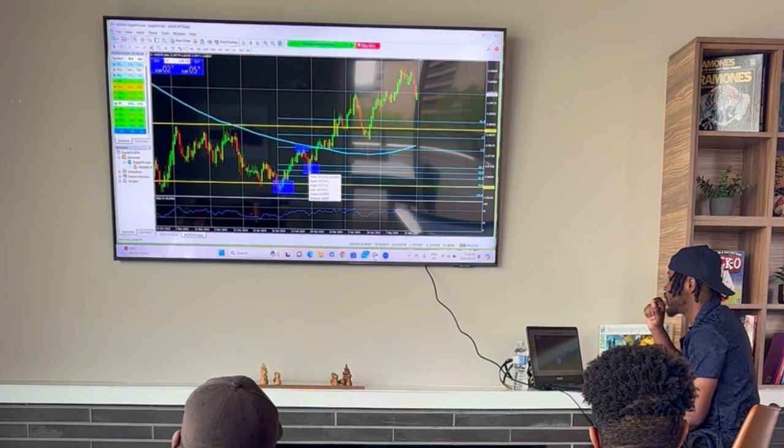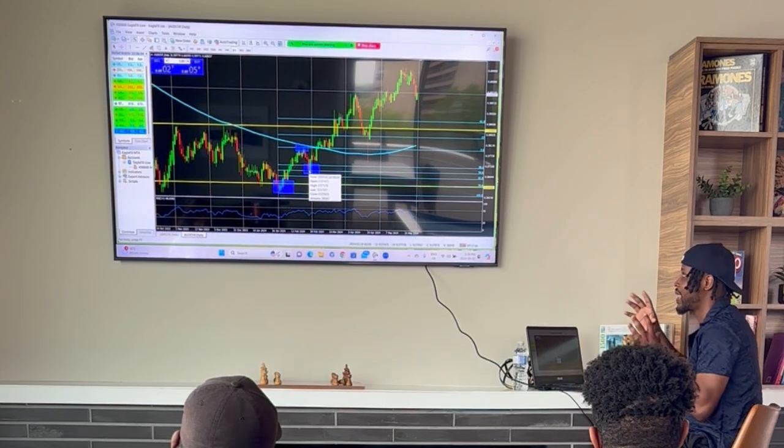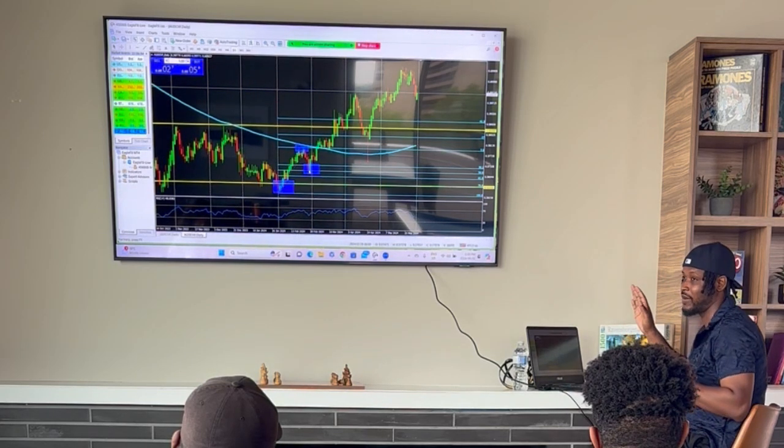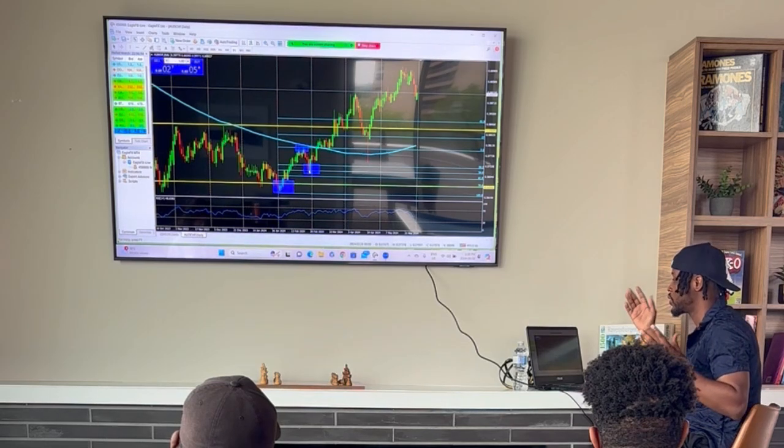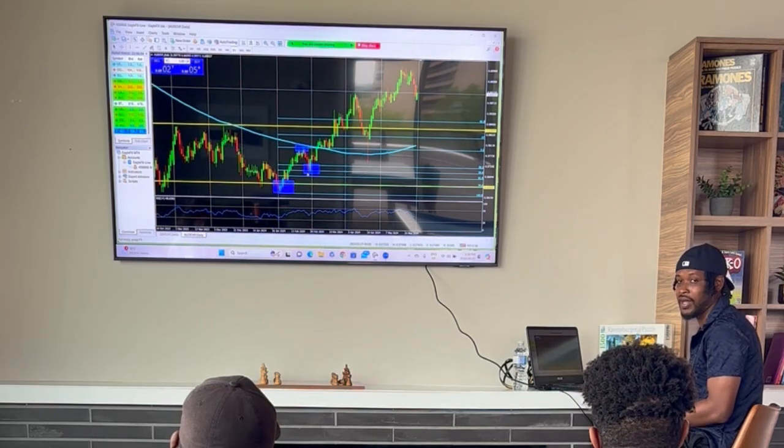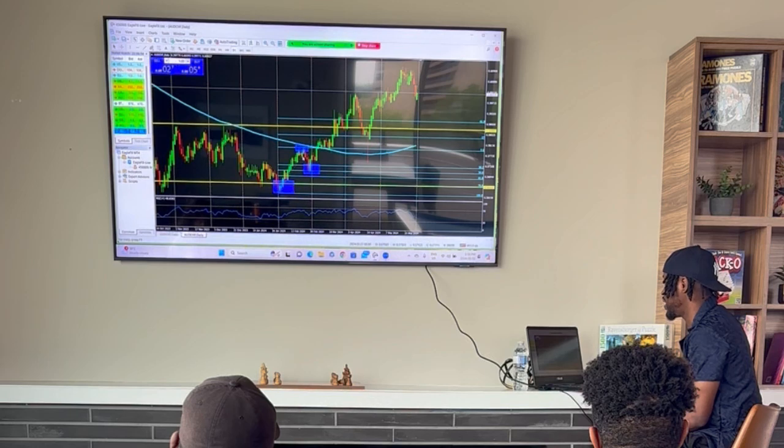The only way for you not to make money using this strategy is for you not to be patient for the market to give you the next higher low at the 50 or 61%. Because think about it, guys. You know the market is bullish on the daily time frame. All you have to do is wait for the market to create the structure for you to get in. That's all, man. When I tell you we make money every single week using the strategy, right?